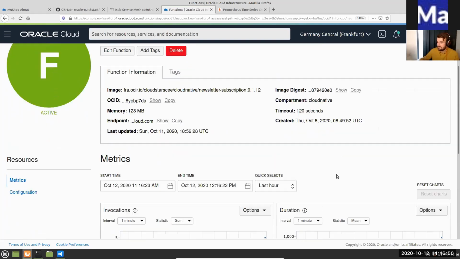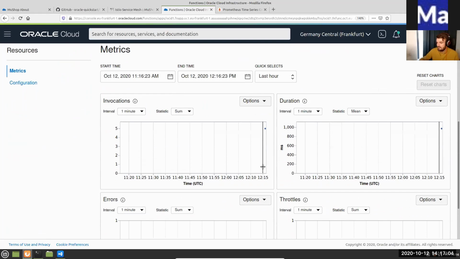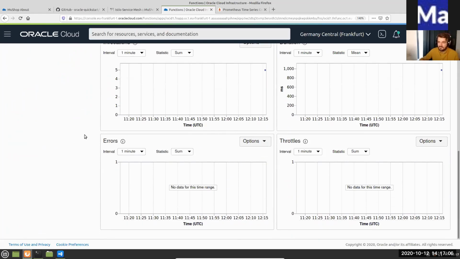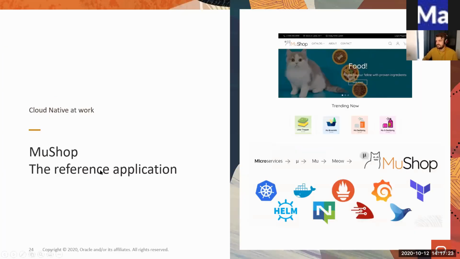Okay, and this is going to take a little bit of time, but as you can see, we are able to monitor here the number of invocations, right? So I invoked it 5 times, and the dashboard shows me that this function was invoked 5 times, right? And now it's able to respond very quickly. I can monitor here and log the activity of the function without any kind of problem, and generate logs which can be added in the logging service.